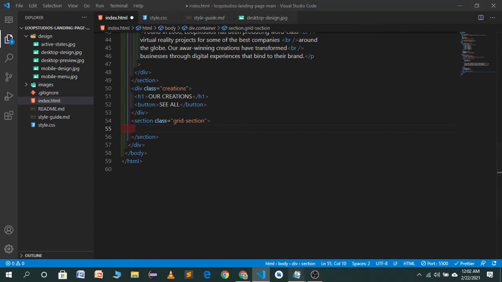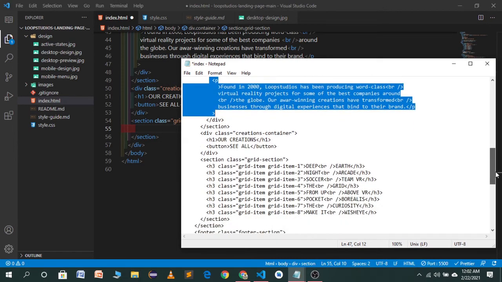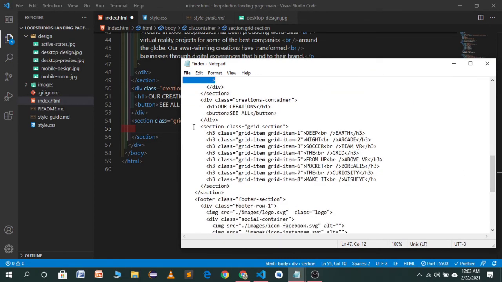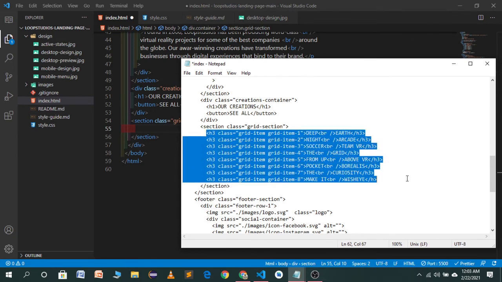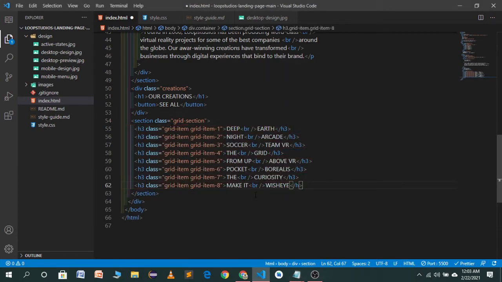I will copy the text. So let's copy the text for our grid container. So you can pause the video and copy all of the text.